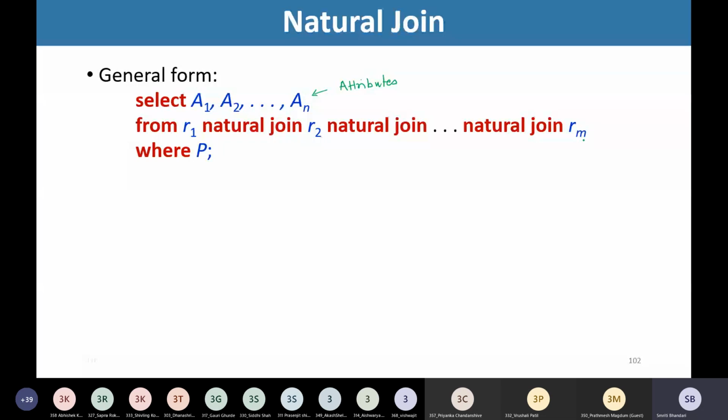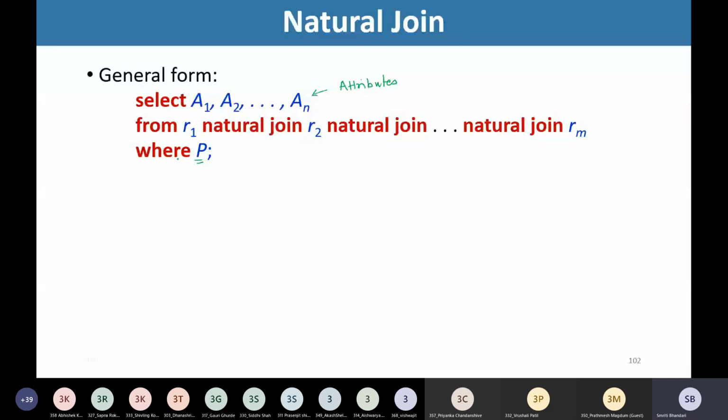Whichever relations we would like to include for natural join, we may include all those relations in the from clause. And if required, we may provide the predicate also in the where clause.